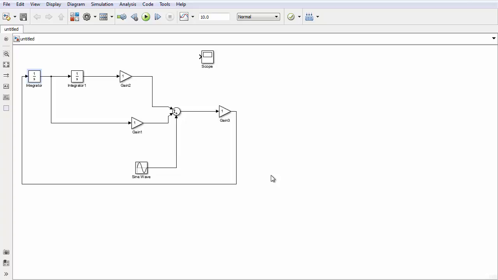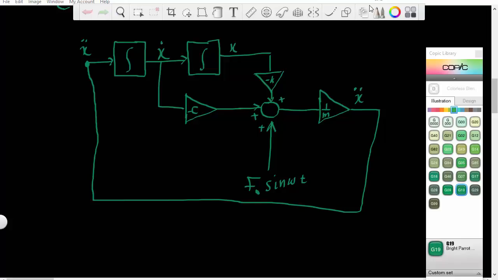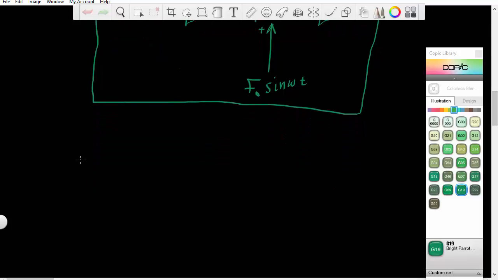Now our model is complete. Now it is time to enter the values of this gain. So let's go back to our model over here and assume, just for the sake of argument, that our mass is 2 kilogram